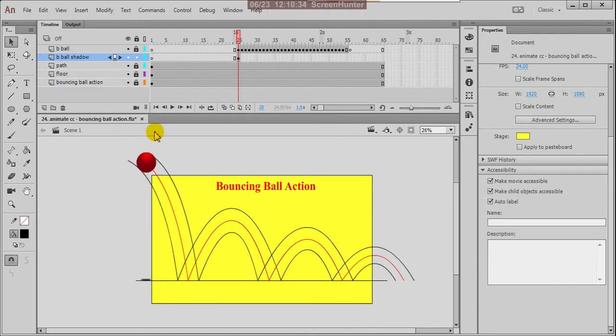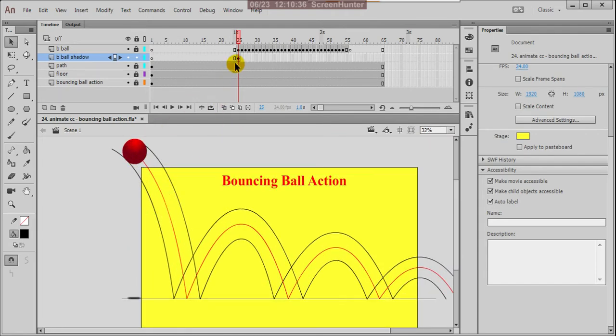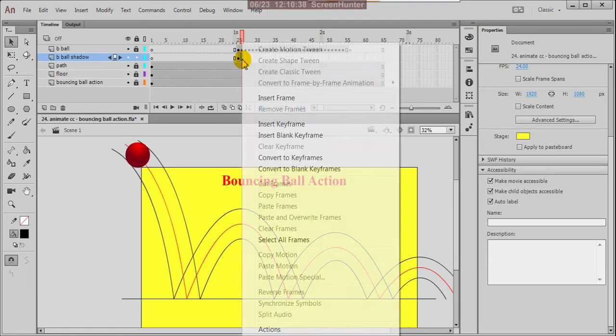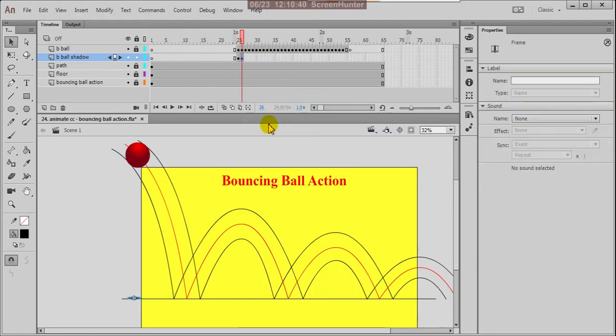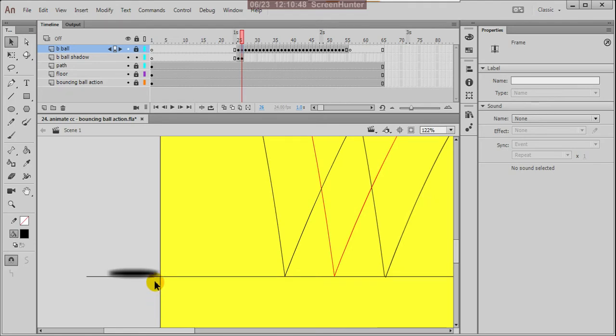Okay. Next you can copy this, otherwise insert keyframe, and because you are at the second ball, it is showing exactly the same place, and you can select this shade and then press the right arrow on the keyboard, and you can turn on the onion skin.